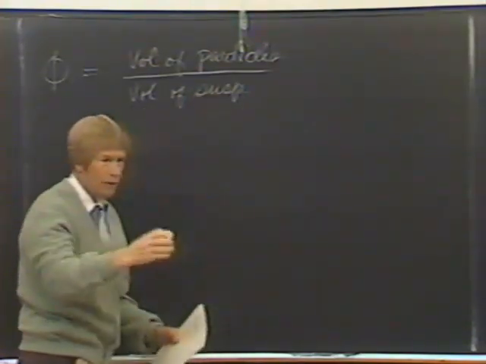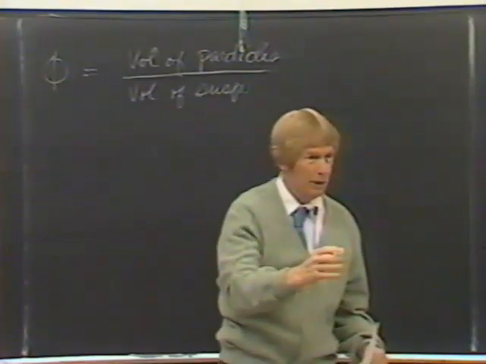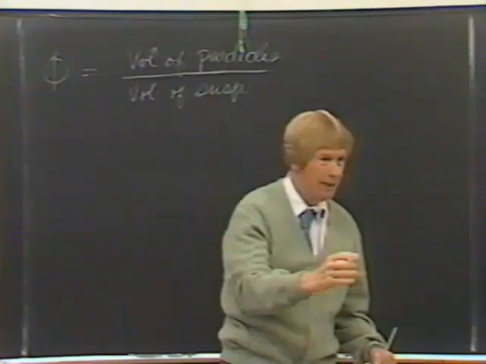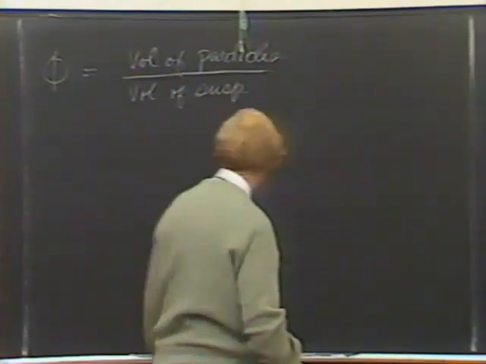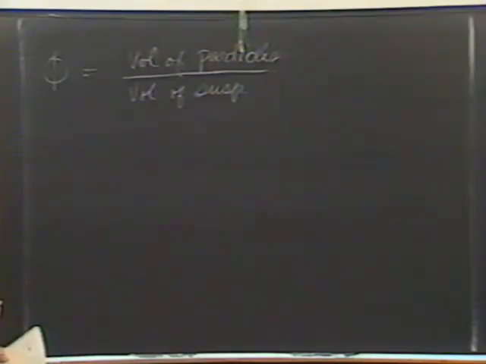That is a whole. If you have a glass full of suspension, then it's the volume of the particles in the glass divided by the volume of the glass. Another way of putting it is volume concentration. It's sometimes called volume concentration. So knowing that volume concentration,